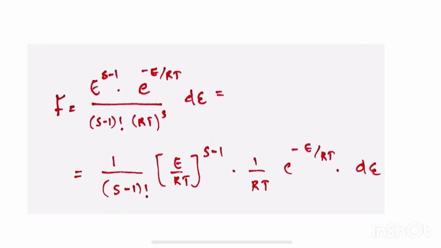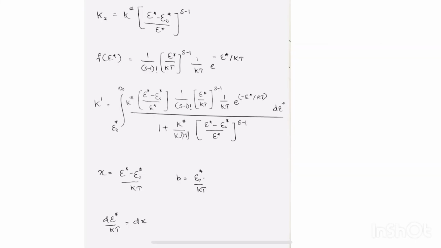And by applying this equation from Hinshelwood theory into our equation, we get that k dash is equal to